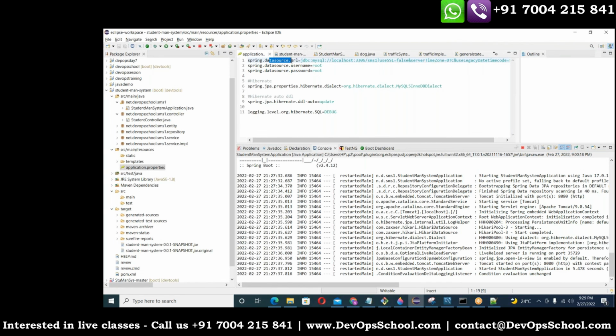Here is the string data source URL. The data source is this. This MySQL server by default runs on localhost port 3306, and then the database name. This is the way the database connection string is written. The URL for it will have JDBC, then